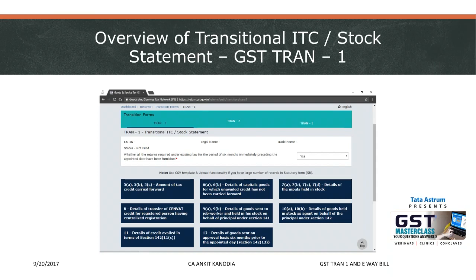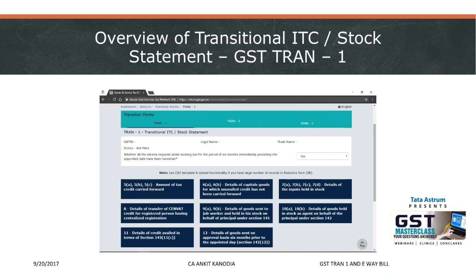So basically we will be having the form with us. The online form is there. We have prepared the presentation by taking a screenshot of each of the boxes, each of the details which is required to be filled up in this form, and thereby we will see how and what information needs to be